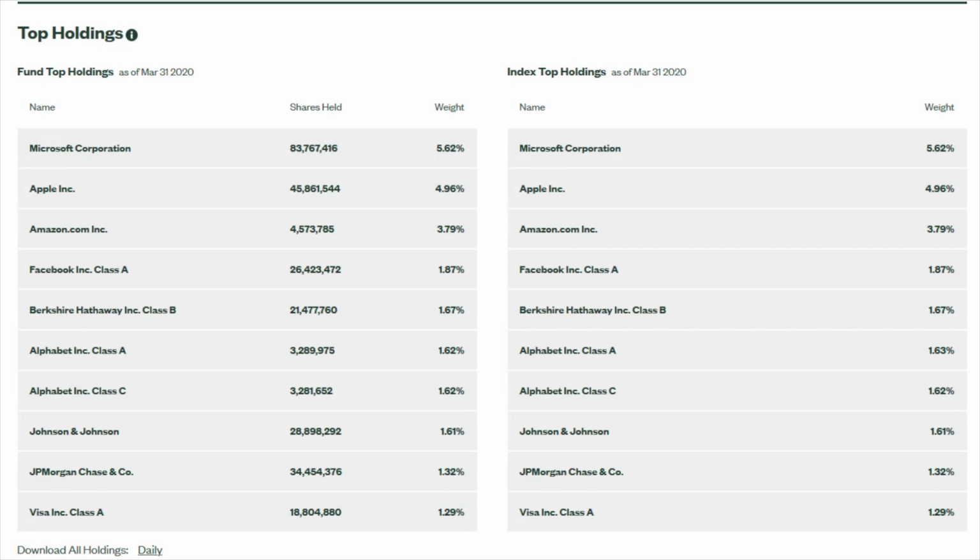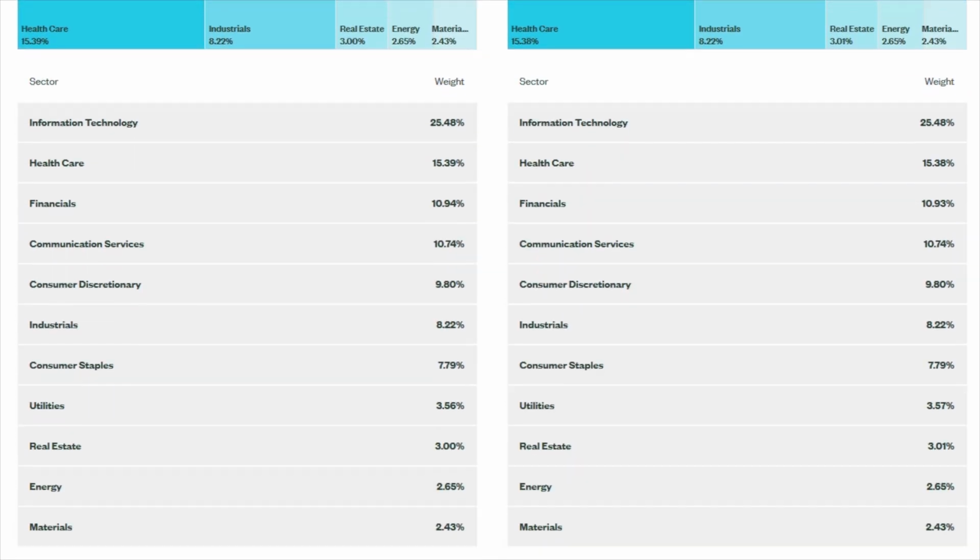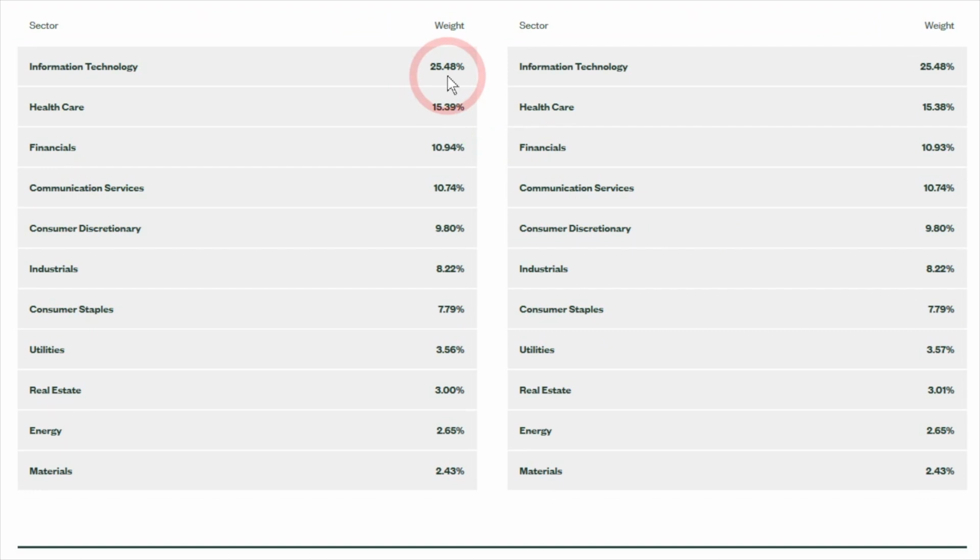So I just jumped over to the ssga.com website. That is the fund family for SPY to look at the holdings. And there you can see the top stocks. Microsoft is the top holding now in the S&P 500 and in SPY. It's ahead of Google. And if you look down here at the sector allocations, there you can see them laid out. Information technology above 25%,